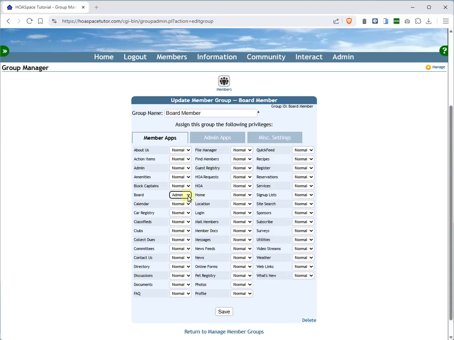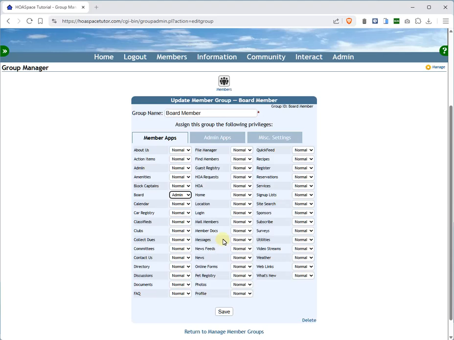Admin privileges means that any member of this group has the ability to control this application at the administrator level. Not only can they go into the app and view the list of board members, but they can add and delete board members. They can change the settings for the app, how it displays, or which email address is used for the email options. They have full control over the application. So what this Group Manager really lets you do is set up